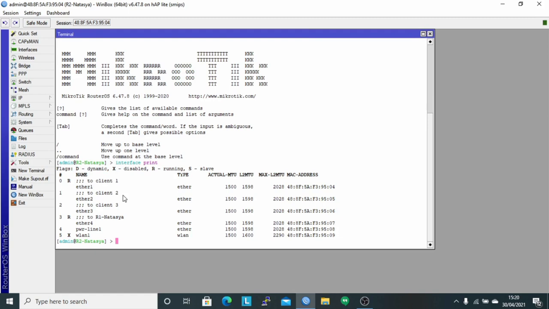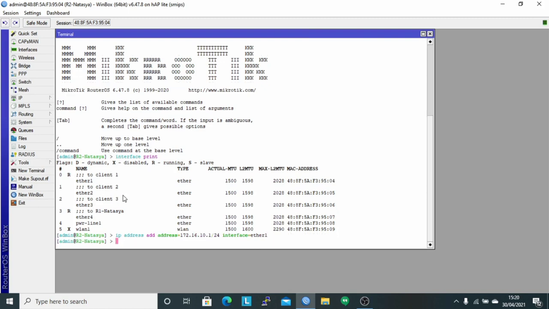If already, add the IP address for Ether 1, Ether 2, Ether 3, and Ether 4 using the command ip address add address 172.16.10.1/24 using interface Ether 1. And next, ip address add address 172.16.20.1/24 using interface Ether 2.